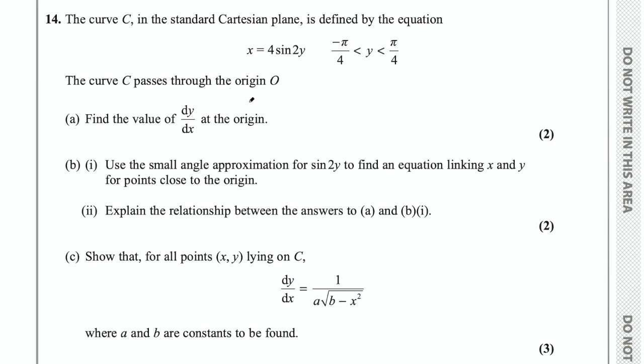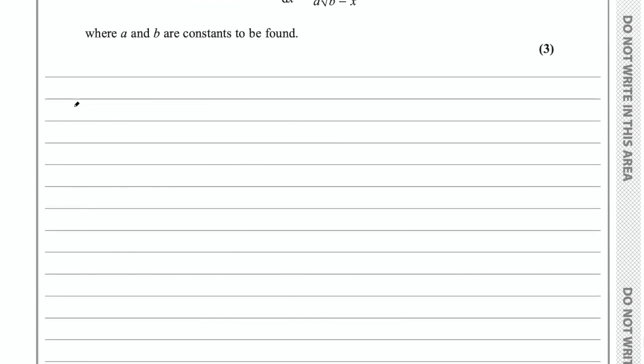The curve C passes through the origin O, and part A says find the value of dy on dx at the origin. So we need to go ahead and differentiate this. We could find dx on dy and then the reciprocal of that. So we're given x equal to 4 sine of 2y. The derivative of this, dx on dy,